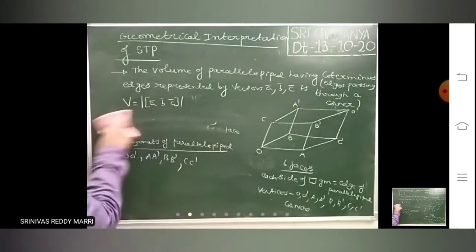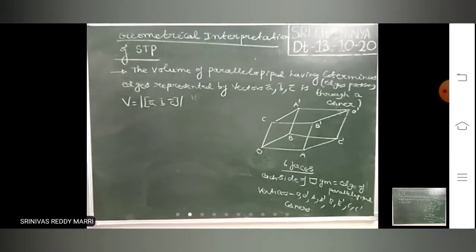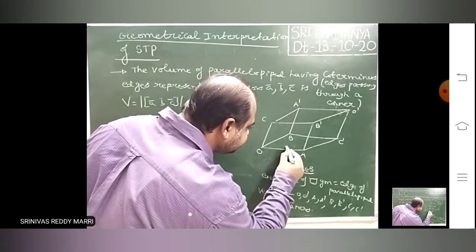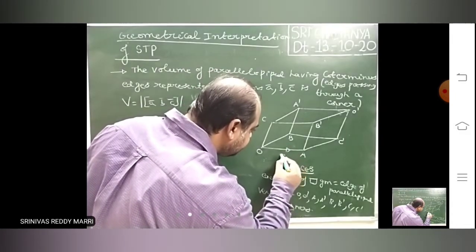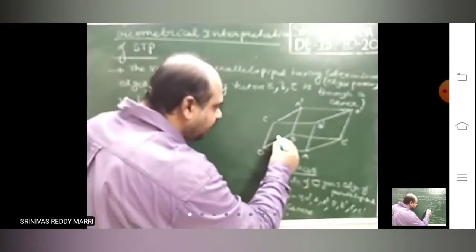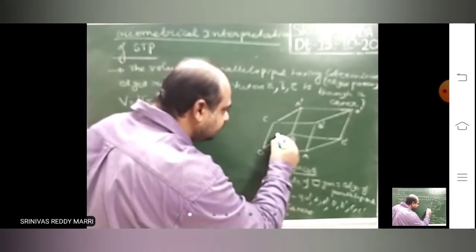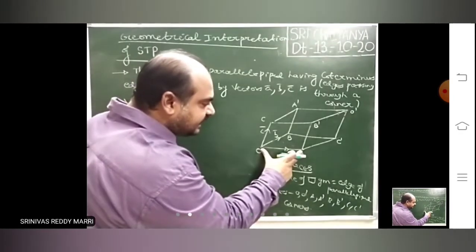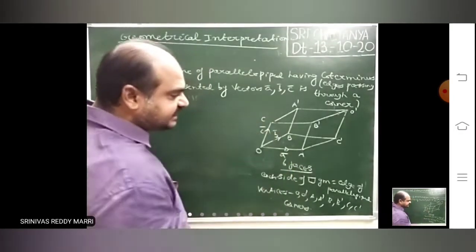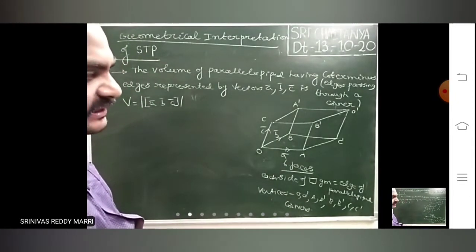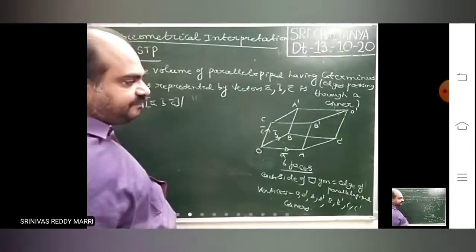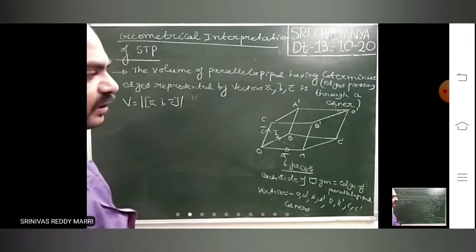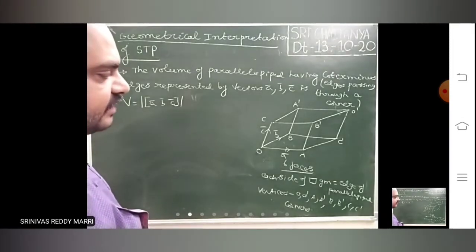Now look at our problem here. Volume of this you have to find. Obviously, look at these coterminous edges vectors. That means OA bar is given as A bar, OB bar is given as B bar. If OA bar is given, you can calculate its length. The 3 edge lengths will be unequal, obviously. Parallelograms will be there. So look at A bar, B bar, C bar. These are coterminous edges.